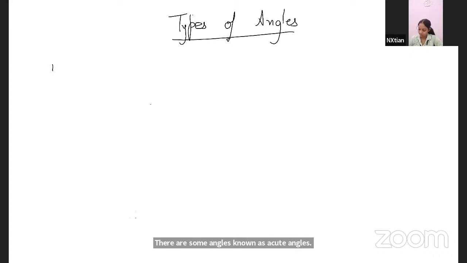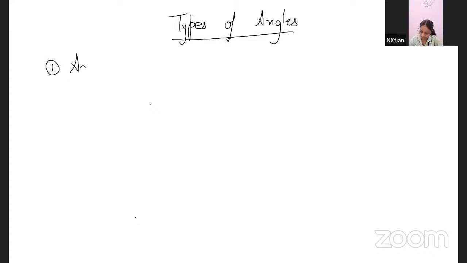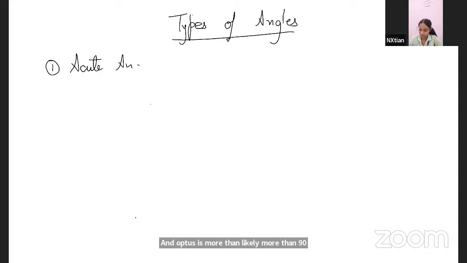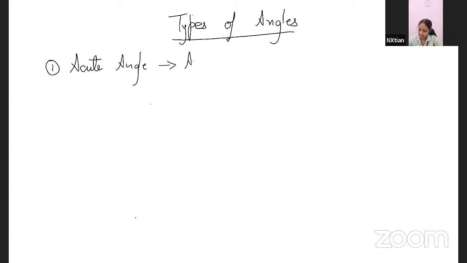Ma'am, acute is less than 90, right? Acute is less than 90 but more than 0. And obtuse is more than 90, right? Yes, more than 90 but less than 180. Acute means more than 0 and less than 90. Yes, more than 0 and less than 90. Angles having measure